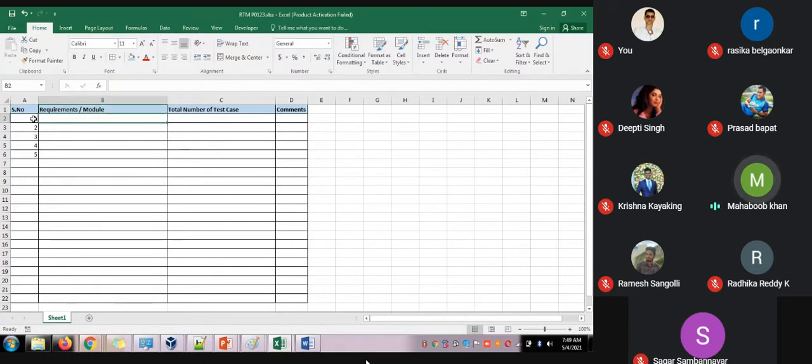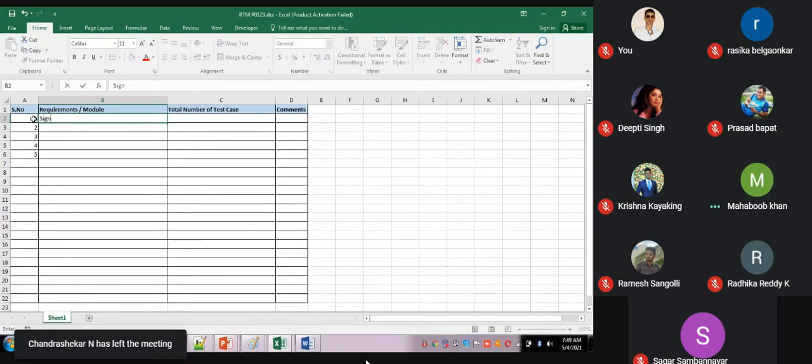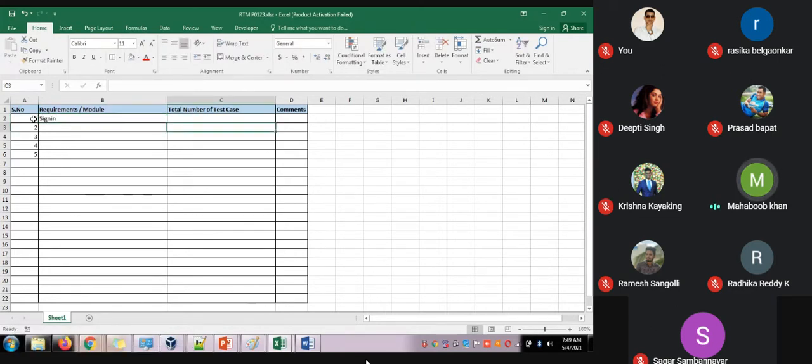So the requirements: imagine the first one is the sign in module, then add basket, and the third one is the search module. So these are the requirements, guys.